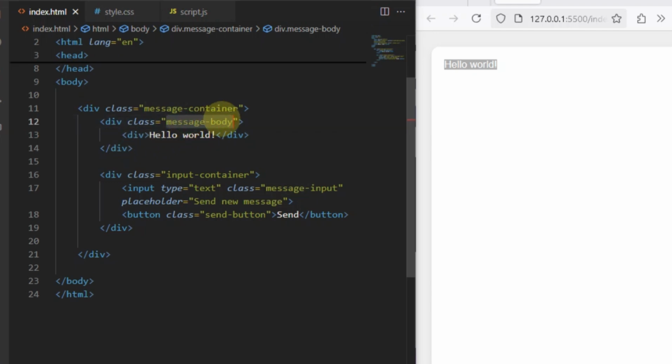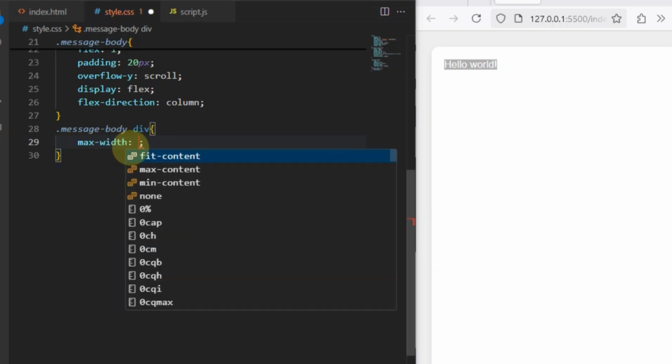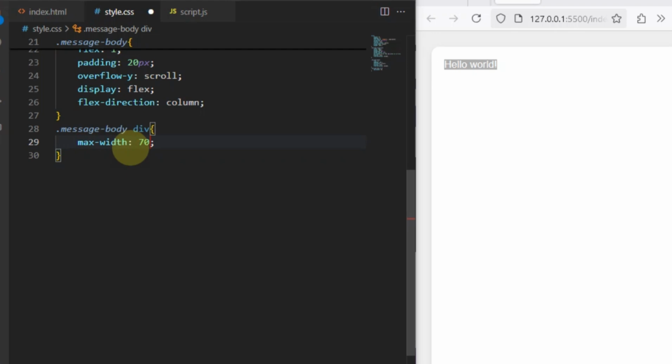So for that, just copy this message body again and paste it here. Then take a div, and then we will apply CSS. What we'll do, first of all, we'll give here the message width. I'm giving here max width 70%